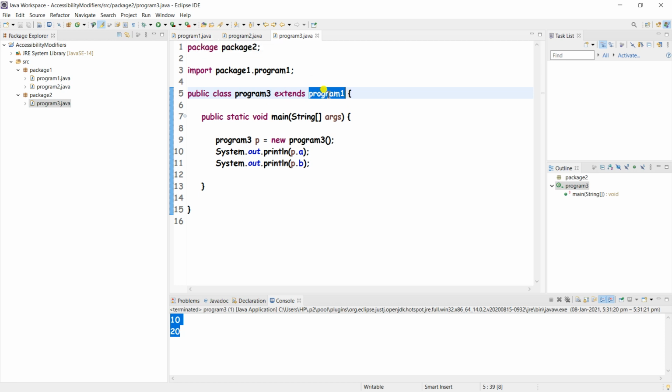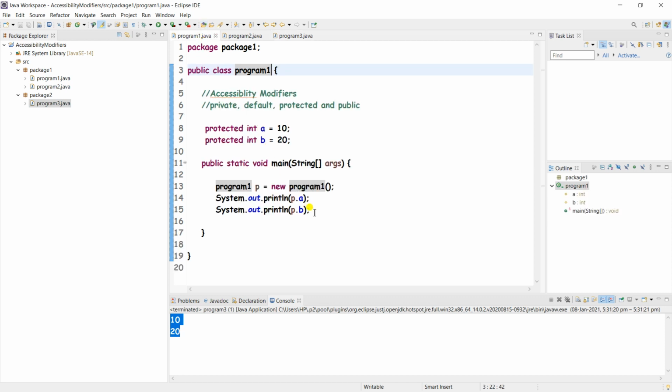Then we can access whatever protected members are there easily, right? And then the last one is